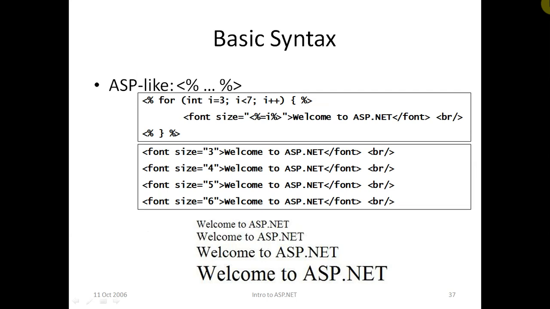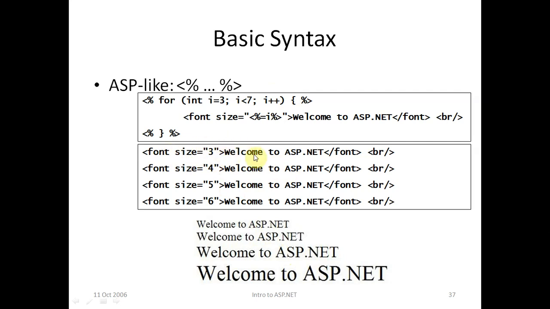So this way ASP.NET is like JSP. As in JSP we use scriptlets, and we use the percentage at the rate sign, percentage exclamation sign. The same way we can use here also. So percentage is simply for the processing. So all the processing statements will be written in percentage. So you can see here, rather than writing five different times this font statement, meaning Welcome to ASP.NET, which we are displaying in five different fonts, so we are writing it 5 times.